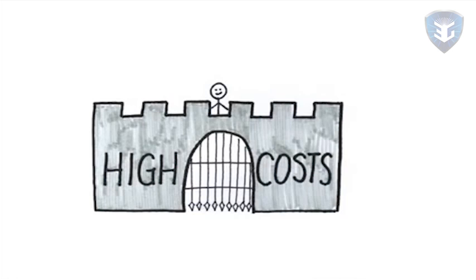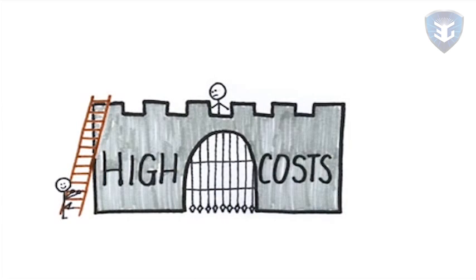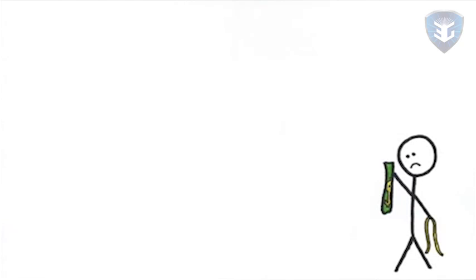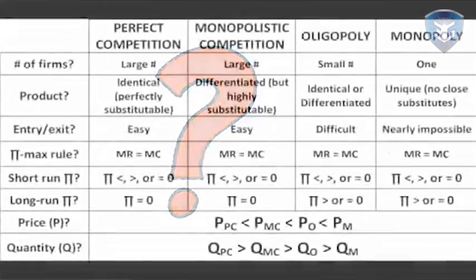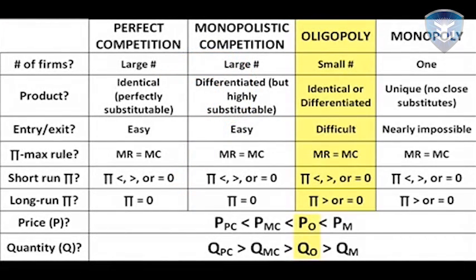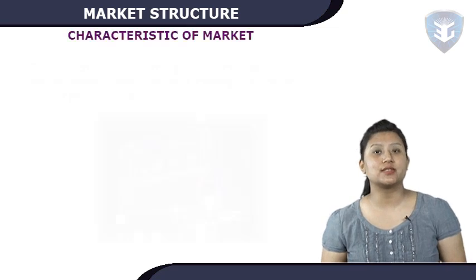Remember, in an oligopoly market structure, it is difficult but not impossible to enter the market, so there may be some loss of profit to new rivals over time. If the firm loses money in the short run, it will exit the industry in the long run, leaving behind more customers for the rival firms. So, in the end, how does the oligopoly compare to the other market structures? As expected, the oligopolistic firm can maintain profit into the long run, but the profits earned aren't quite as high as